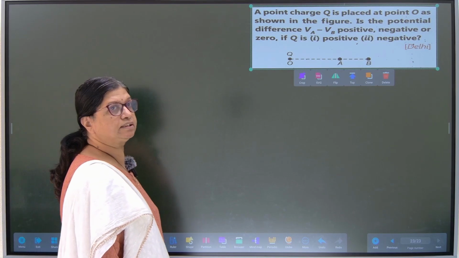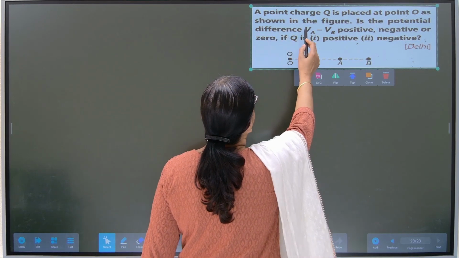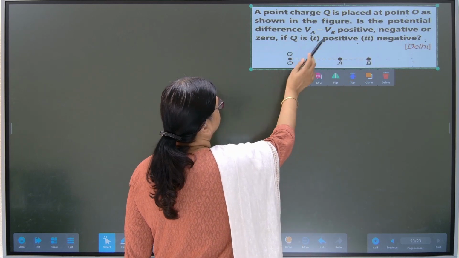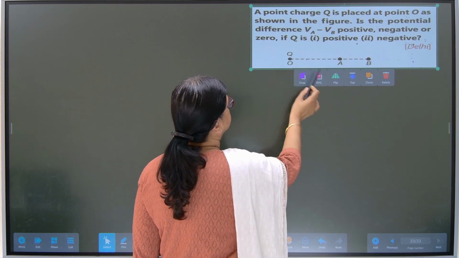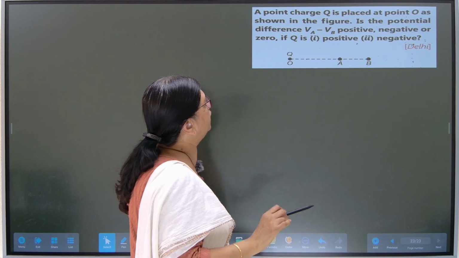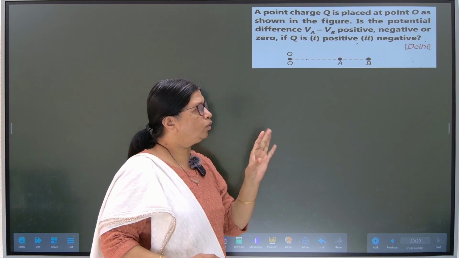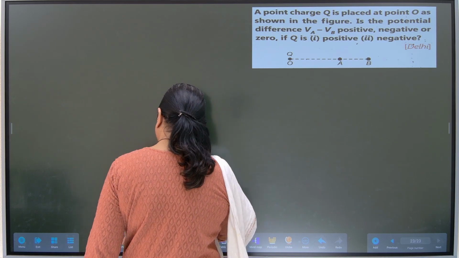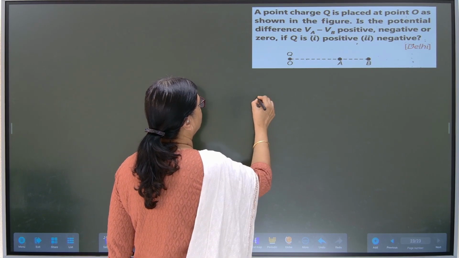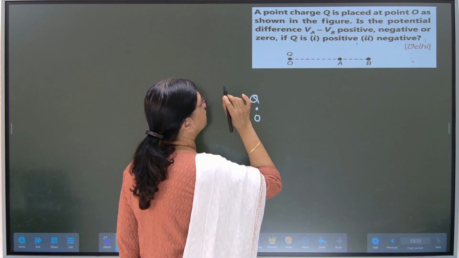So moving to the next numerical, we have a point charge Q placed at a point O as shown in the figure. Is the potential difference VA minus VB positive, negative or 0 if Q is positive and if Q is negative? So looking at the diagram, we can understand it by redrawing it. Here is a point O where we have kept a charge Q,